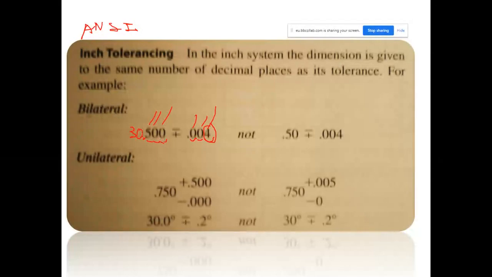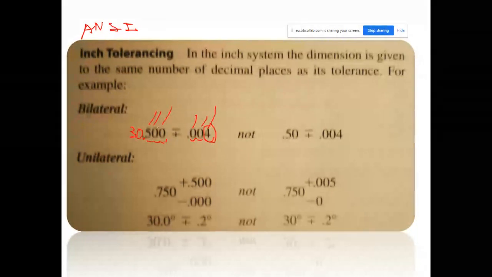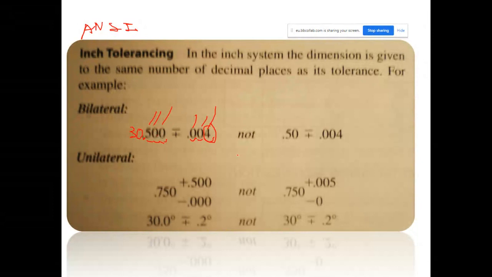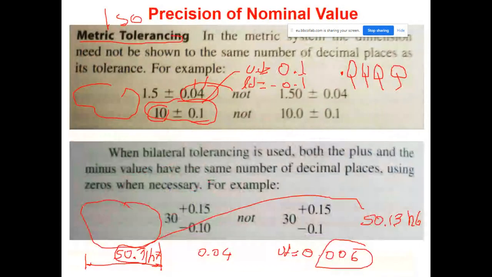The number of figures at the decimal part of the nominal value and the number of figures of the deviation should be equal. This is the American format. Okay? 3 figures deviation, 3 figures nominal value. Nominal value, say that 50 dot, 1, 2 figures. This is the American format. But the ISO format is completely different. You see deviation has 1, 2 figures, but the nominal value has 1 figure only. The measure is different.